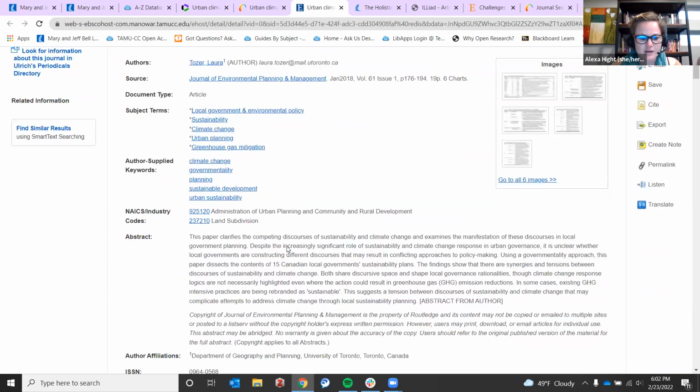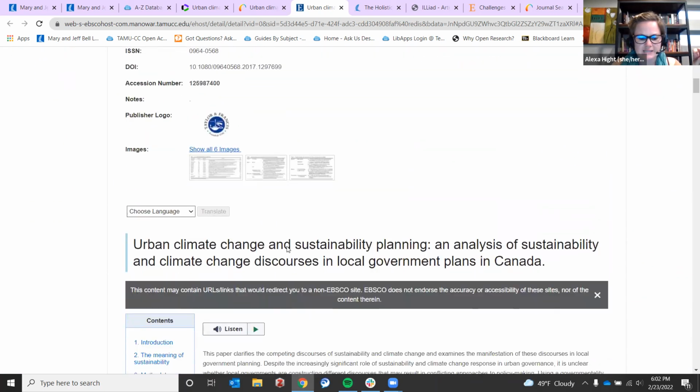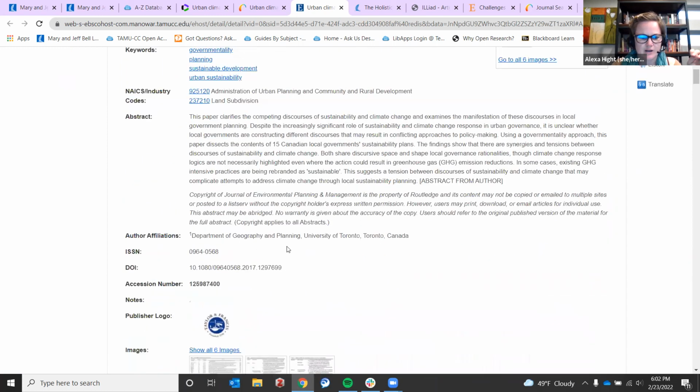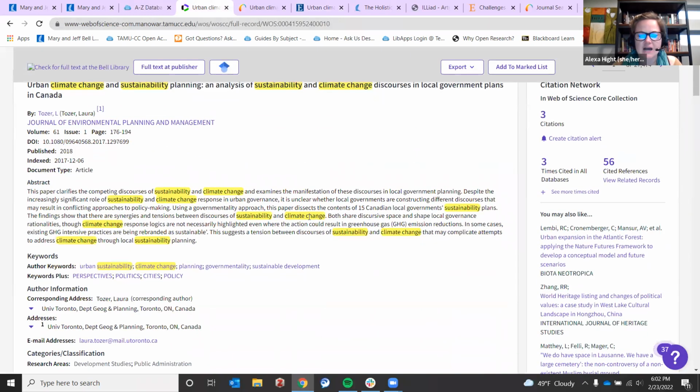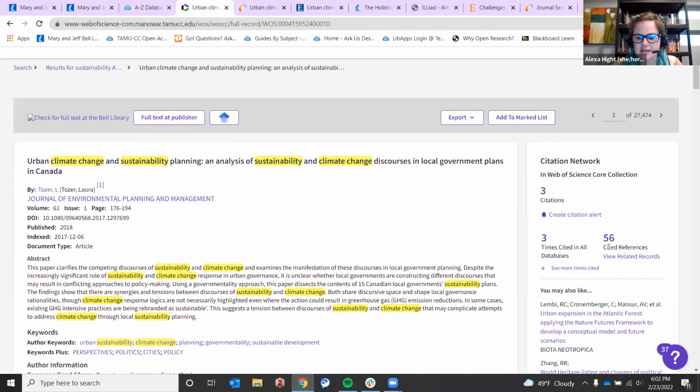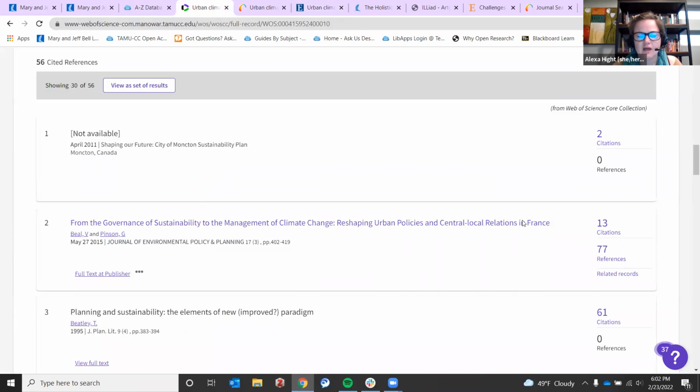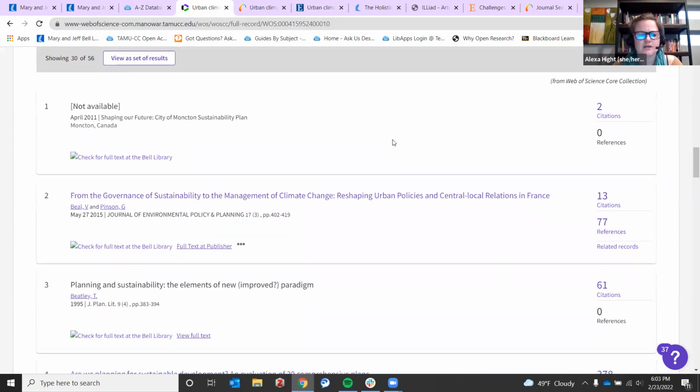Another thing is, even if you don't have the full text access to an article, so for example, when we were in Web of Science, I still had the cited references. And this is where a lot of folks can get access. If you find that one article that is almost perfect and it has all of the information that you want and you want to know more, looking at their citations is a great way of doing that easy research of finding who they cited, where their information came from.